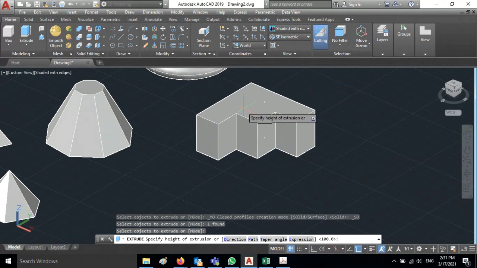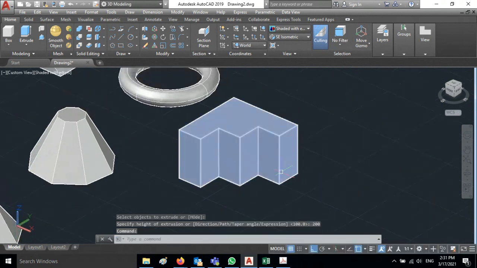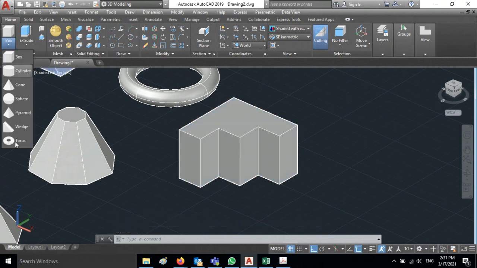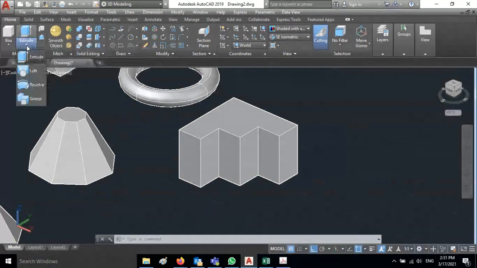You can see now it is extruded, and you can specify the height. Let us say my height is 200. Okay, now you can see this is the use of the extrude command, because for complicated shapes like this we cannot use these different 3D entities. In this case, you can use the extrude command.